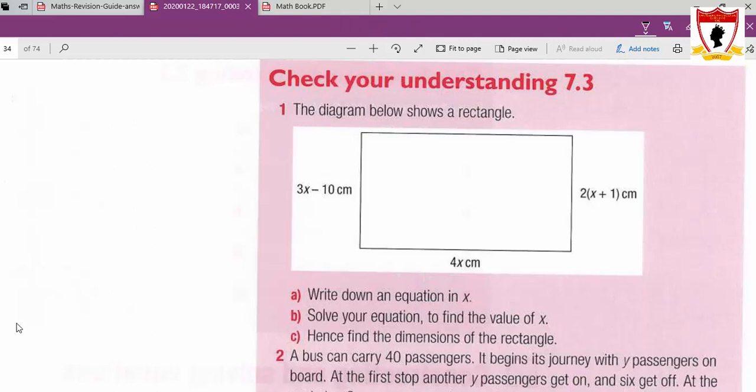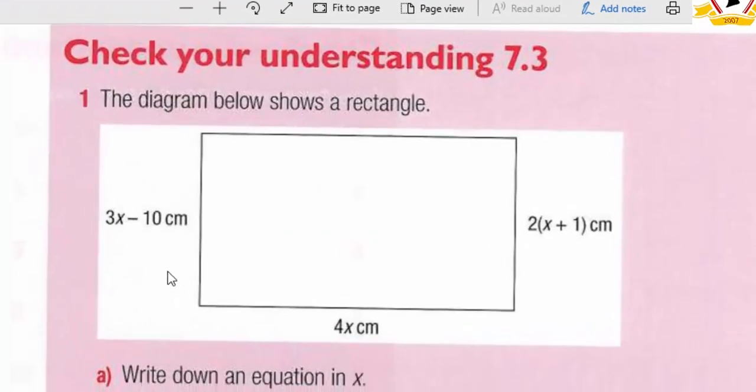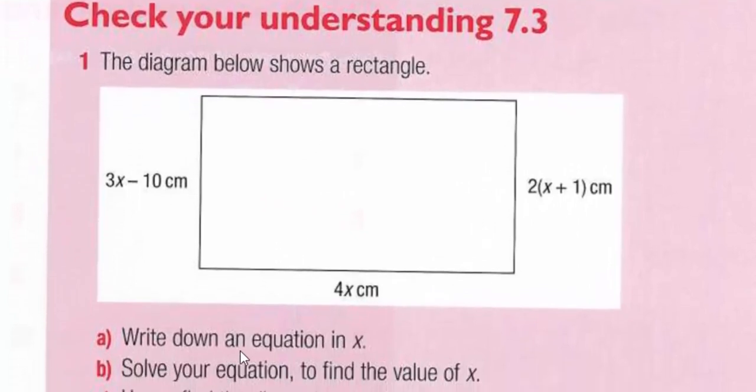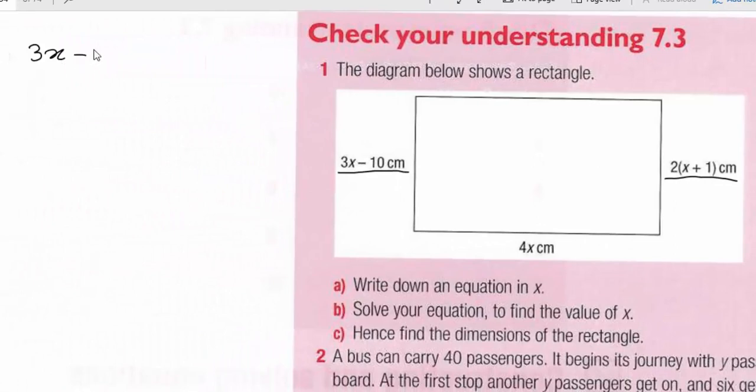The diagram below shows a rectangle. These are the sides of the rectangle. Write down an equation in x. Okay, an equation in x. We can say this length, which is 3x minus 10, is the same length as this one, which is 2x plus 2. Then we can say that an equation in x, 3x minus 10 is equal to